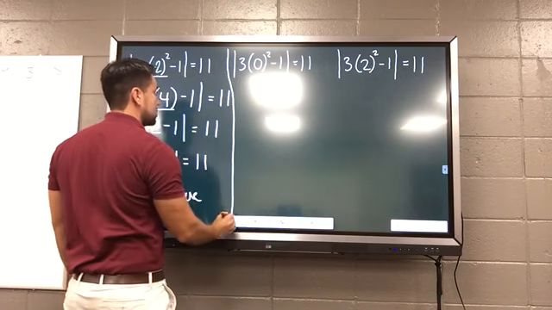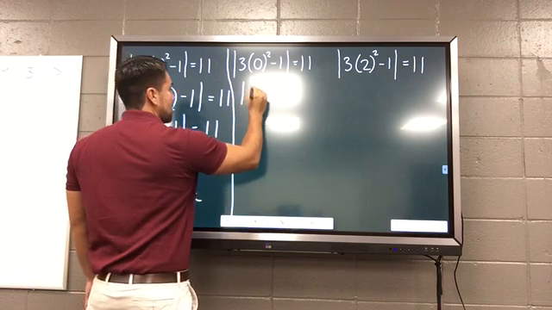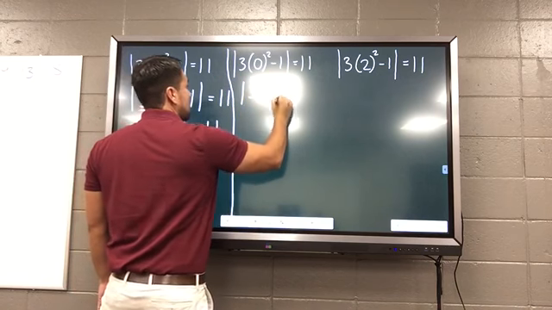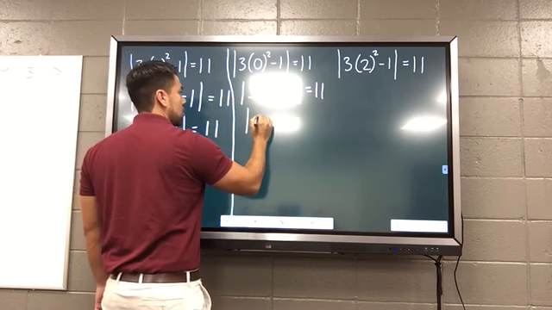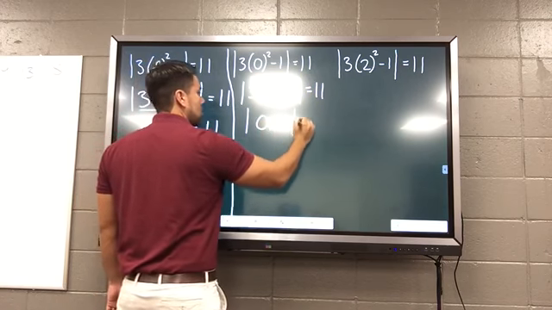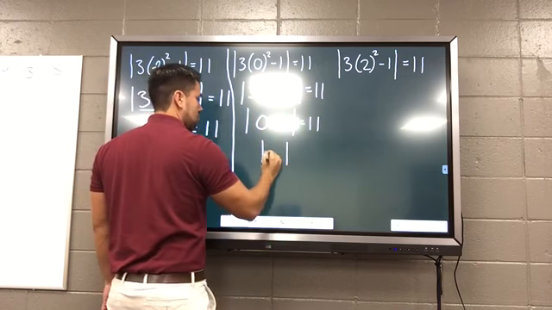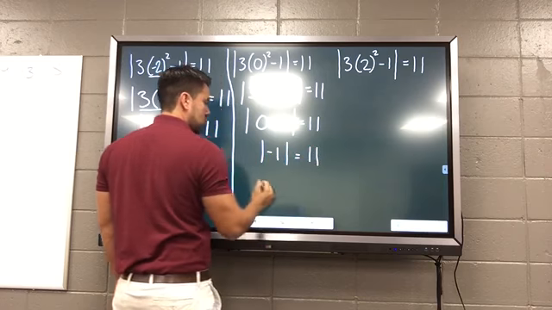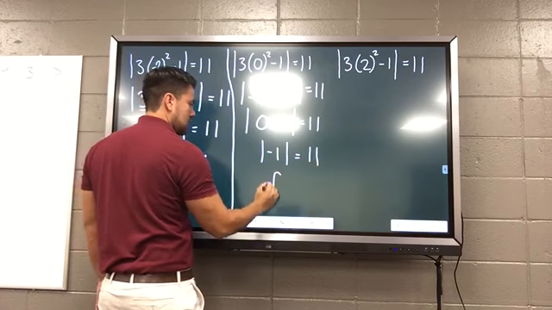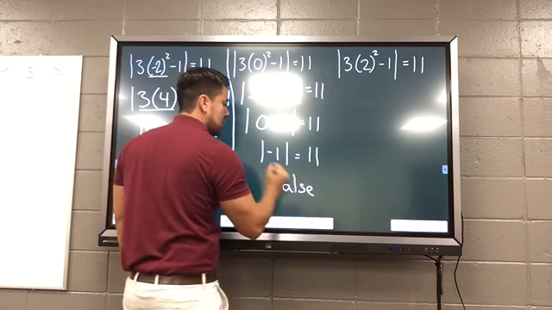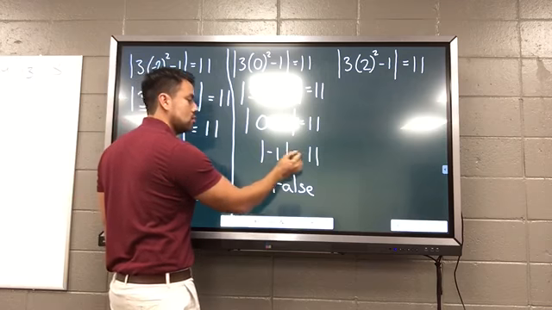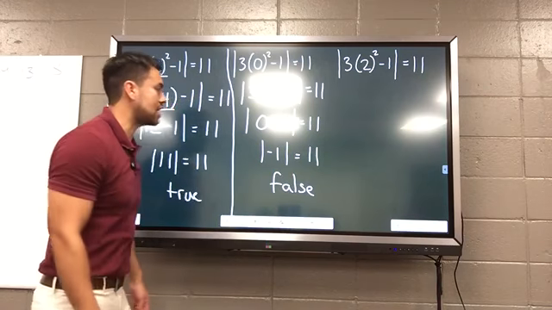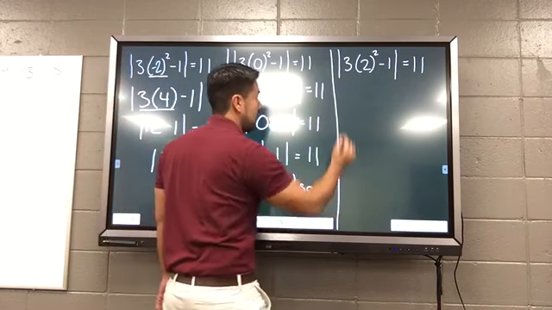I'm actually going to do this to separate it. True or false? So if you put the absolute value of negative 1 equals 11, or you just put 1 equals 11, it's still false. So that's a false one. And then here,